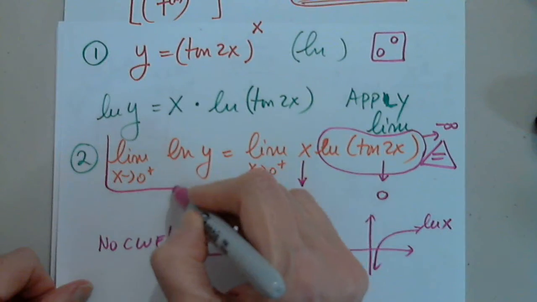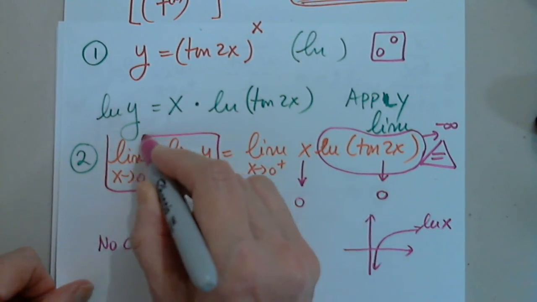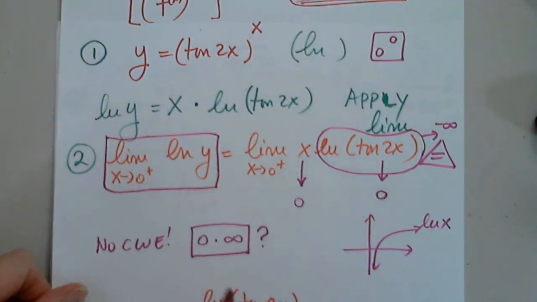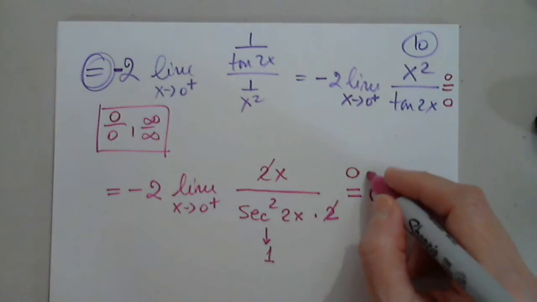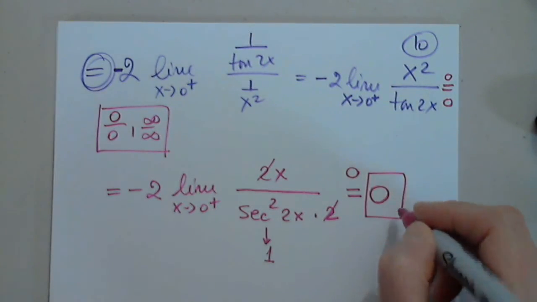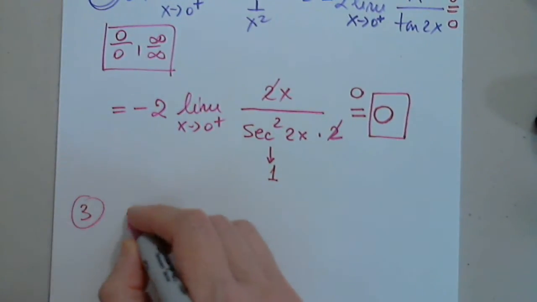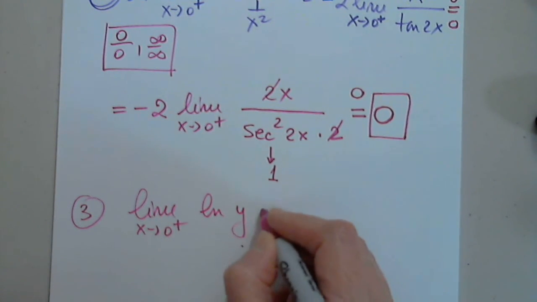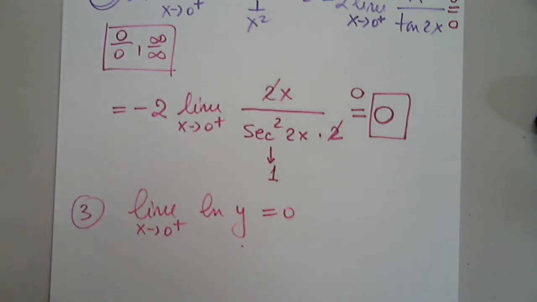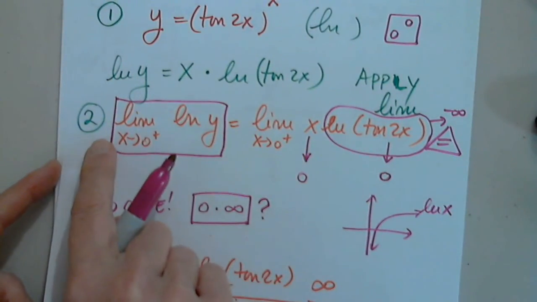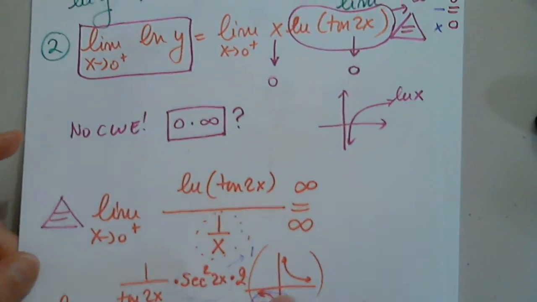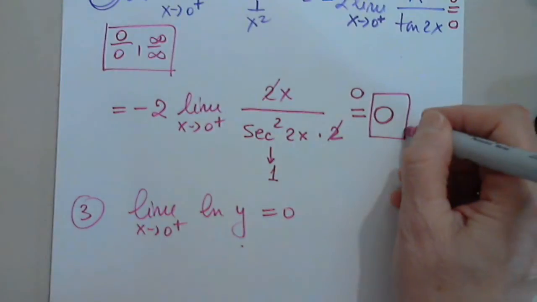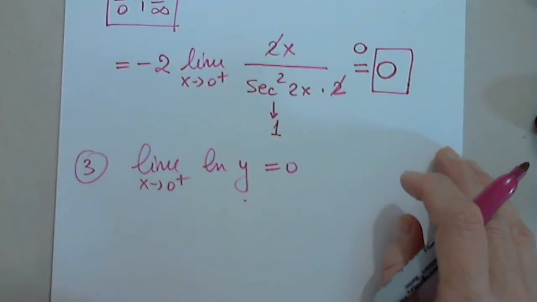Okay. Wait. I'm going to copy in step 3 the beginning of step 2 and the end of step 2. So in step 3, I have limit as x approaches 0 from the right of natural log y equals 0. I copied the beginning of step 2, and the end of step 2. And now,